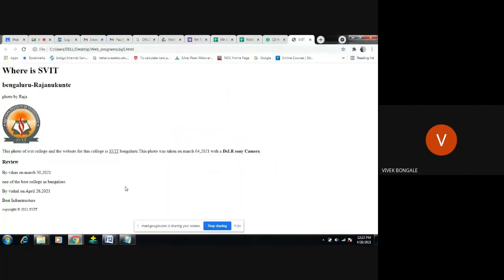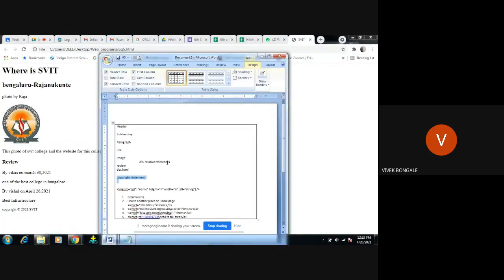See, did we get this output? One heading I need. So where is SVIT? I got this header. We have used this in H1, so it is brighter, more highlighted than the second heading. The subheading was what? Where is SVIT? Bengaluru, Rajanukunte. This is what we have given there.